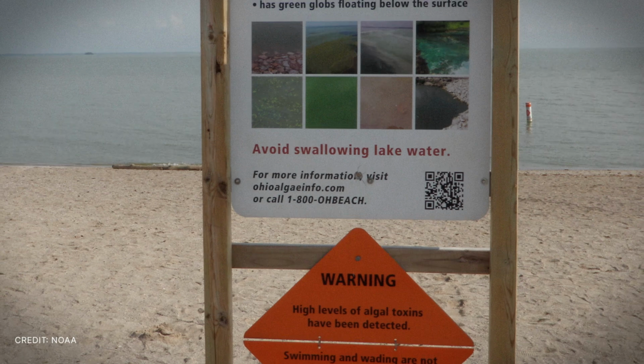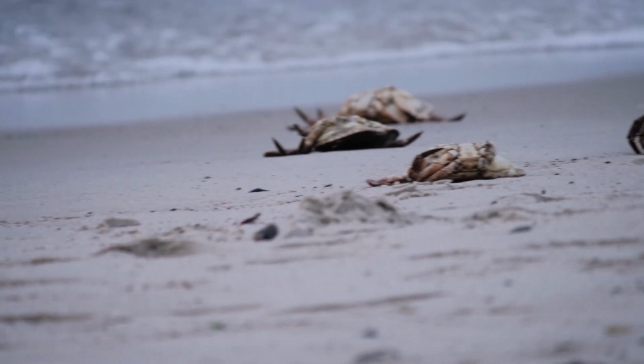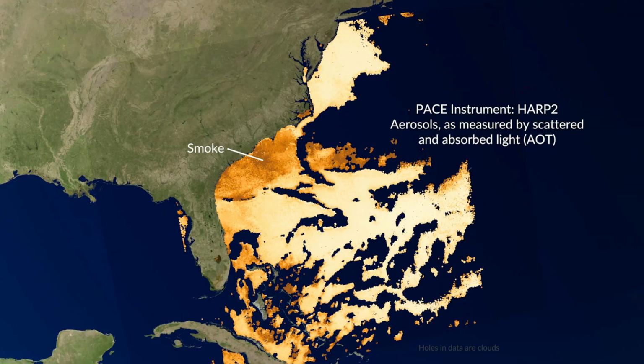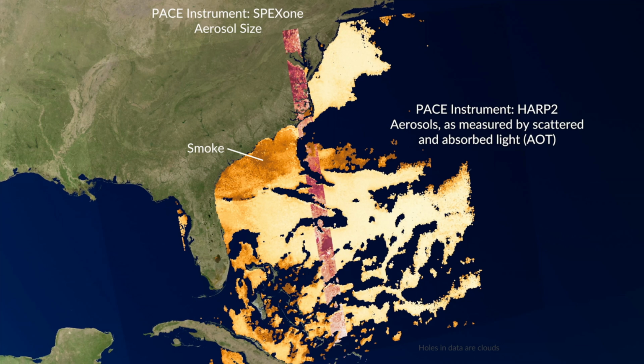And you care about this because not every community is the same. Some are beneficial, they provide food and oxygen. Others close beaches, so we really want to know where they are and when they appear and the impact of all of this. PACE is also giving us an early look into aerosols, microscopic atmospheric particles like dust, sea salt,